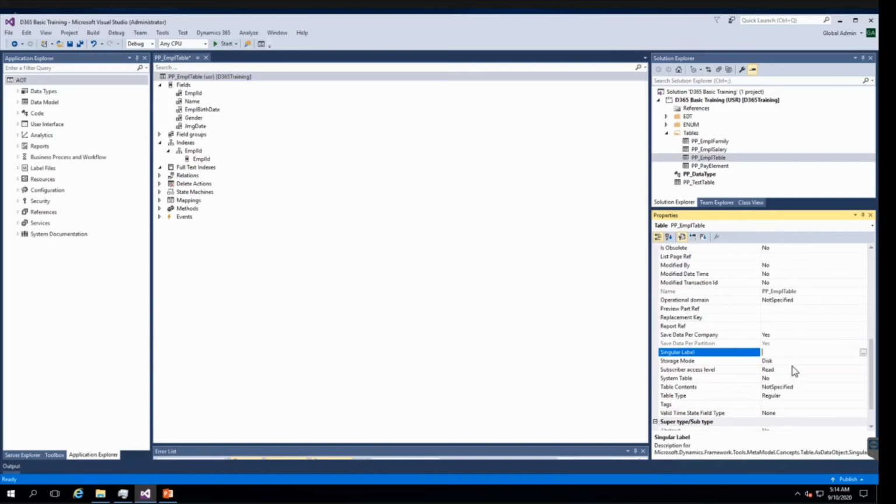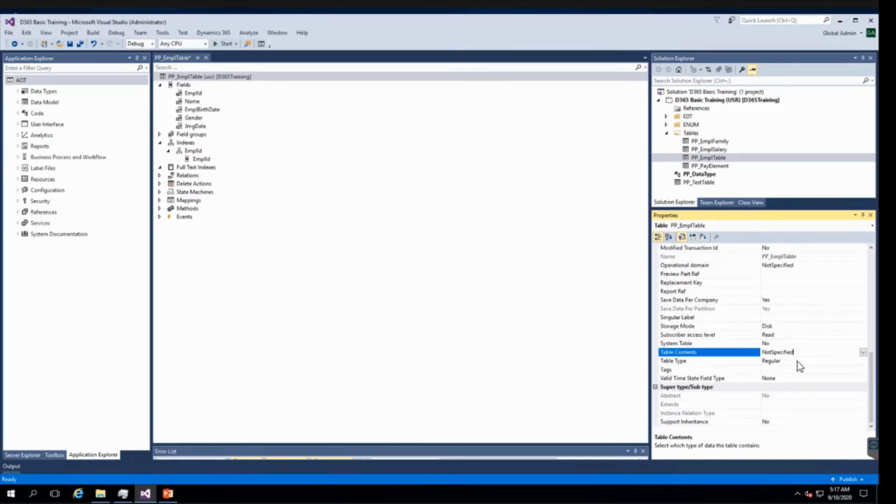Storage mode, again this is for the authorization level. Here you can see multiple options, update, create only. Again this is for the authorization level. This is system table, no, this we have created. And table group specifies how this setup and parameter data can be reused from one customer to another. If not specified, as for most tables, default data means it is customer dependent, like postal code, units and time intervals. So by default it is not specified, and in our case also it is not specified.